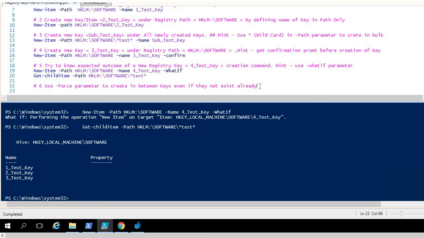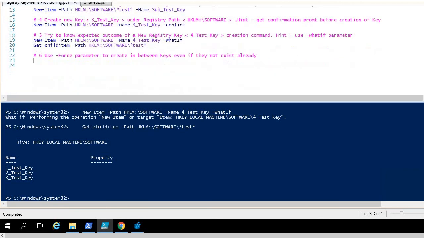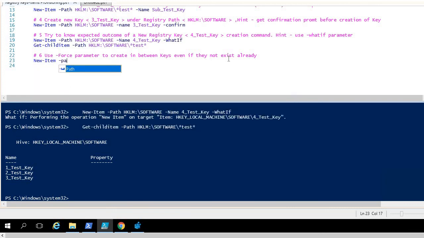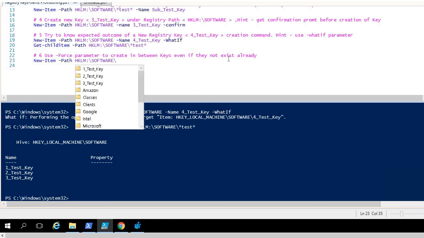The next case is to use the -Force parameter to create in-between keys even if they did not exist earlier. So let me try to create it. New-Item again, and path is the same one we copied earlier. And now we will give some fake registry keys which don't already exist.